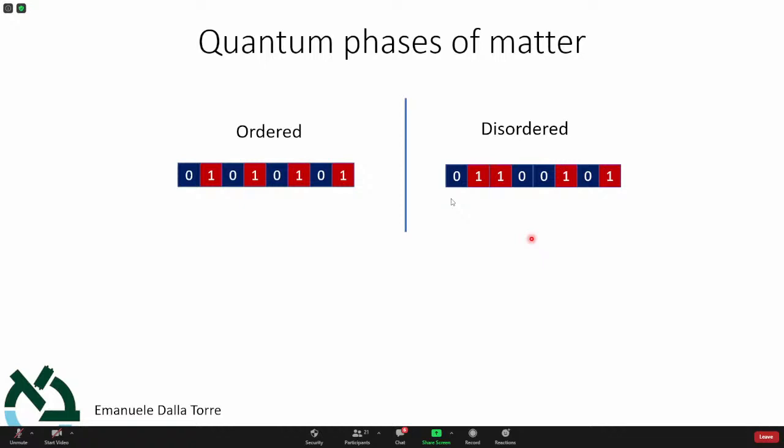In ice, all the molecules are ordered. So that's why it is a crystal, it's a solid. While when you heat it up, it melts and ice becomes water, and in water the molecules are disordered, and that's why it becomes a liquid. So basically, the simplest example of a transition from order to disorder would be the transition between solid and liquid, say between ice and water.